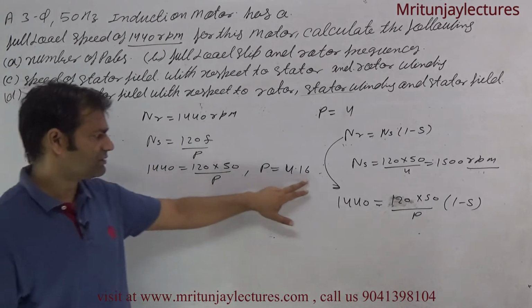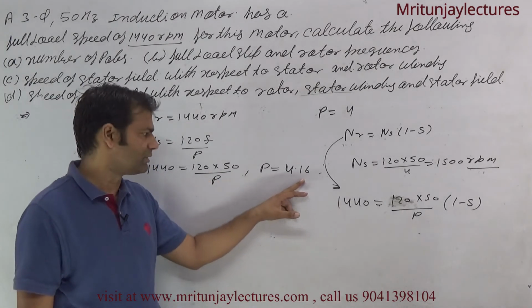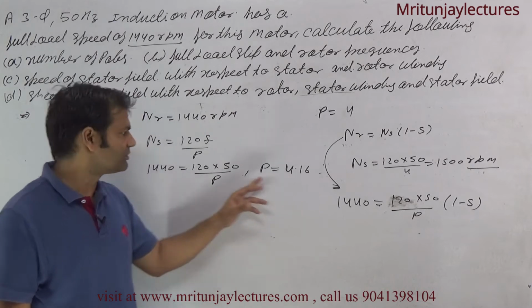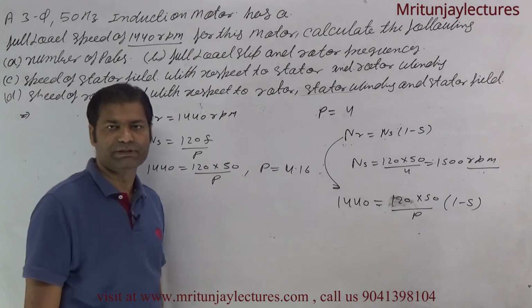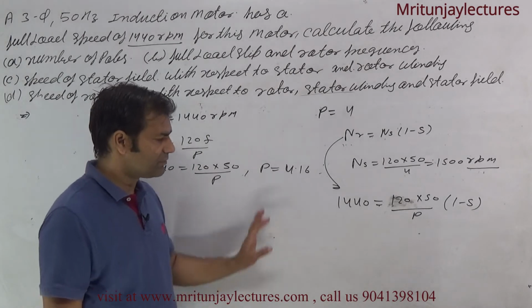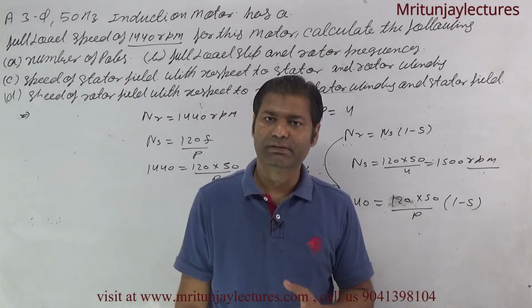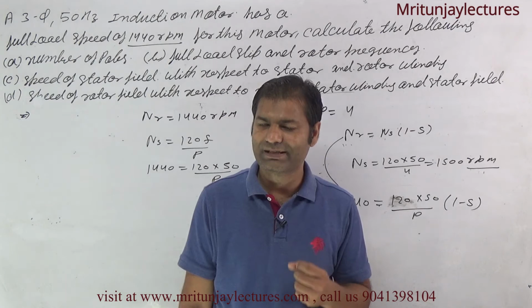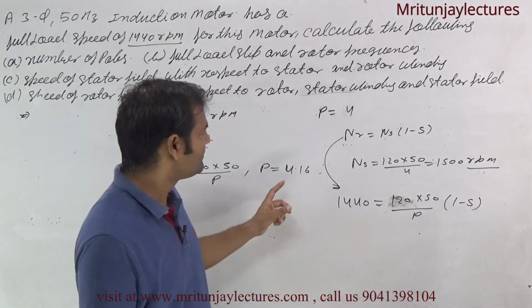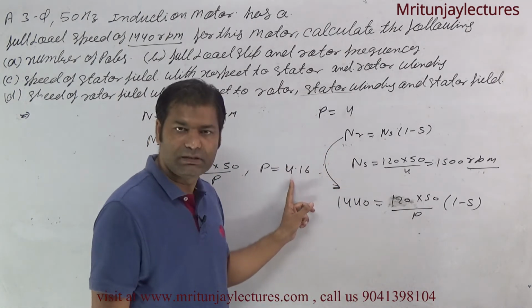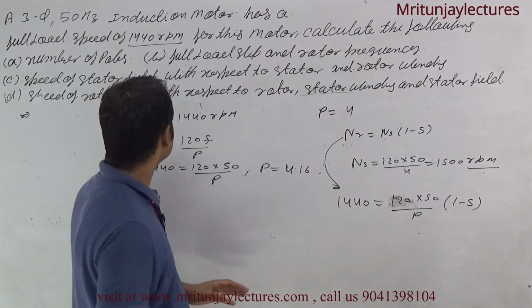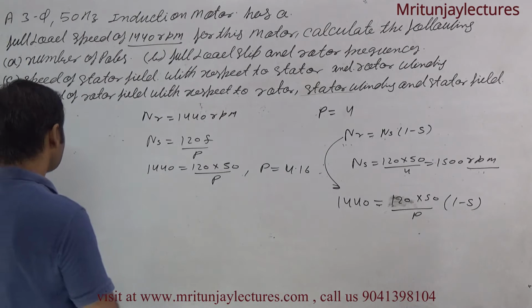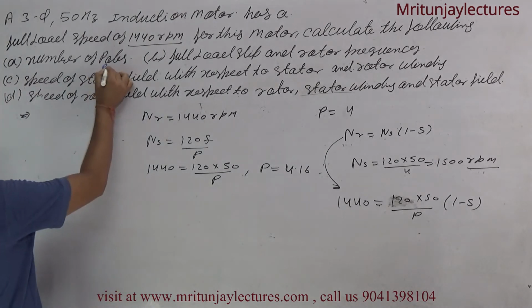Okay, so corresponding to the question, if this formula is used, then P is not exactly 4 like this one. Why? Because this formula is only closer to this one, that's why P is 4.16. Okay, so I know that P is the number of poles, it is always an even number, that's why we have considered only the even value, that is 4 pole. Clear? So corresponding to the question, the number of poles is P equal to 4.